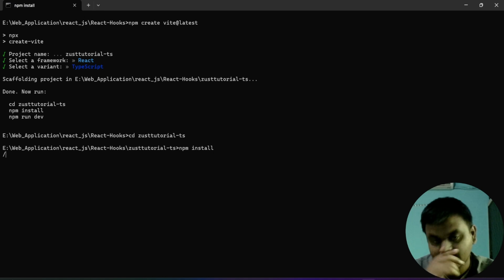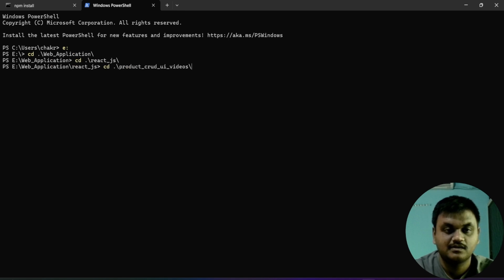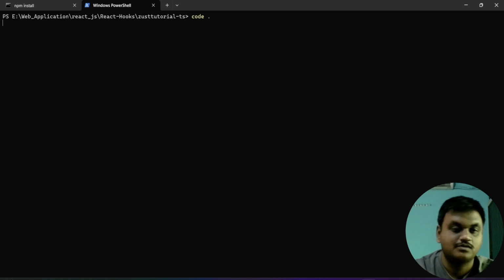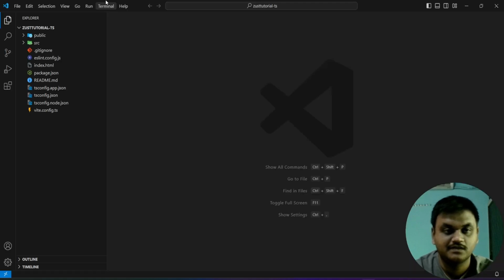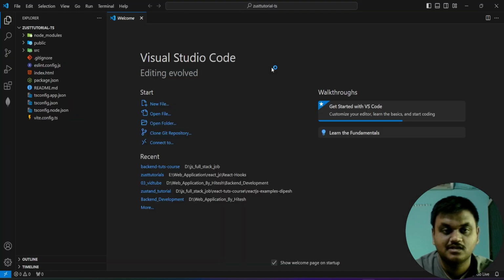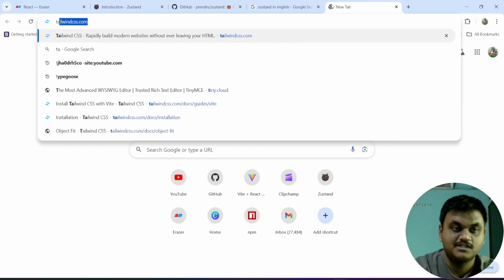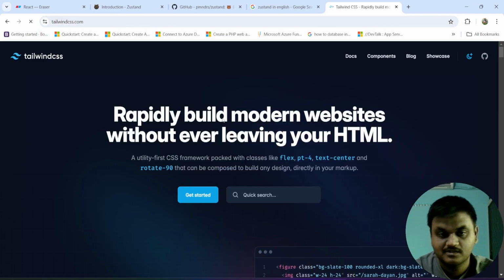npm install. After completion of installing the dependencies, cd into the web application react.js, react hooks, just tutorials folder, and open the code in the VS Code editor. It is still installing, and apart from this, I'm going to install Tailwind CSS also,